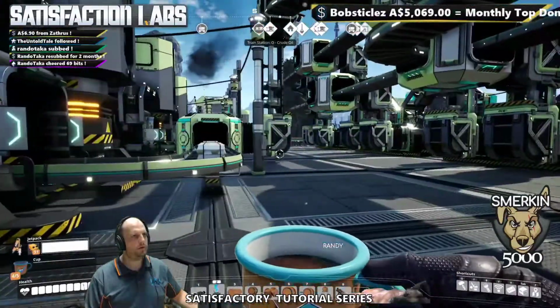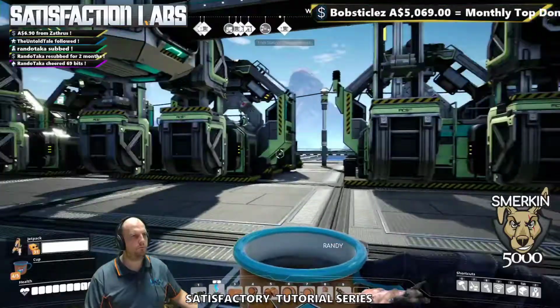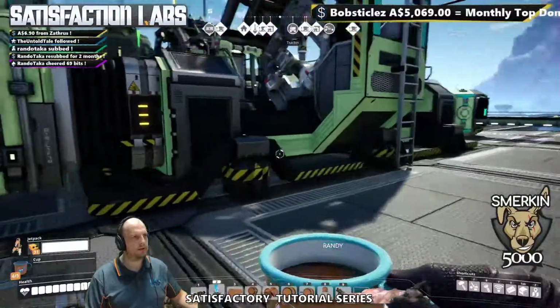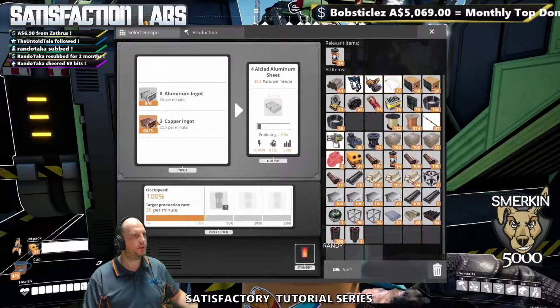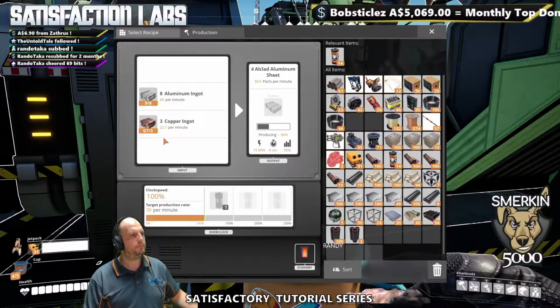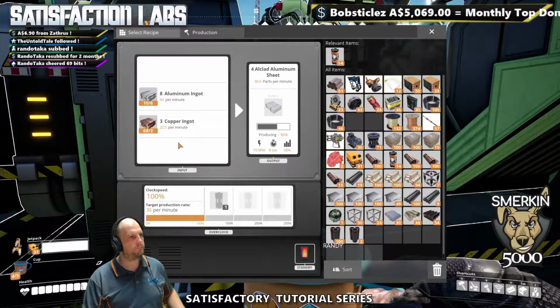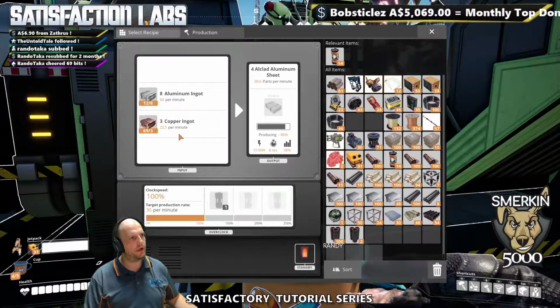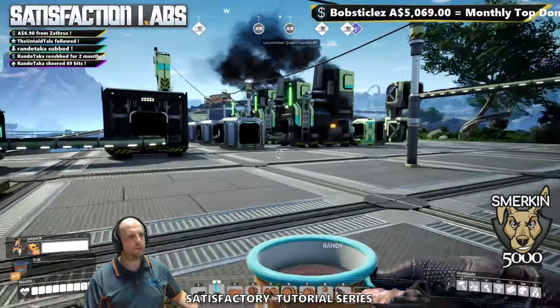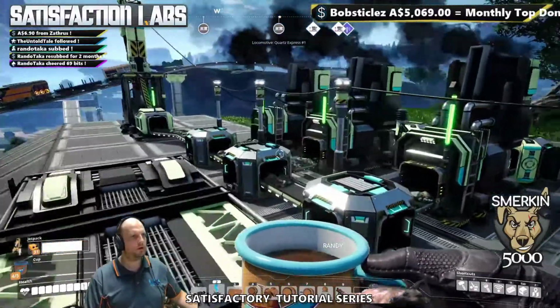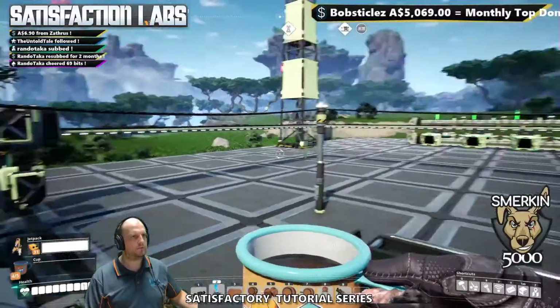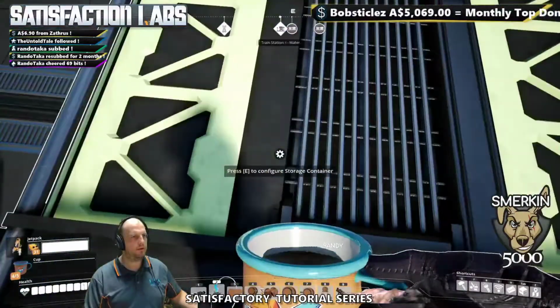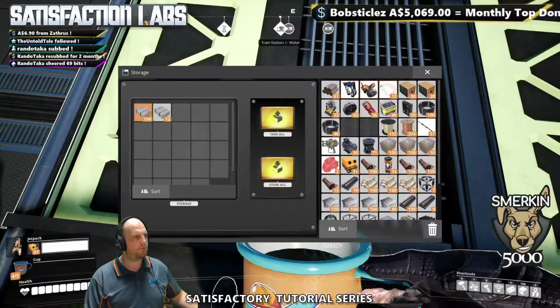Then we have these feed into 4 constructors that are making 4 assemblers that are making the Alclad aluminum sheet from the aluminum ingot, and also the copper. So over here, we needed 90 copper ingots, so they are feeding into there, and in our box here is our Mark V belt,